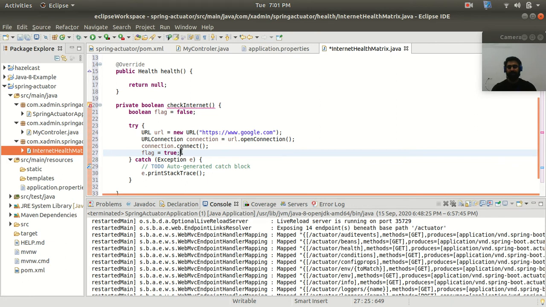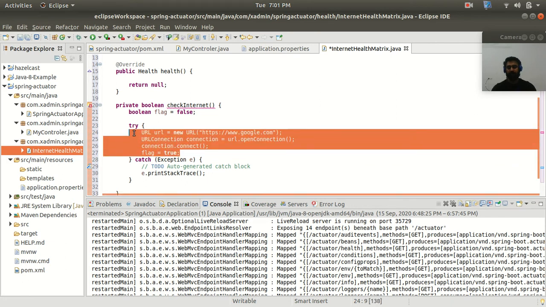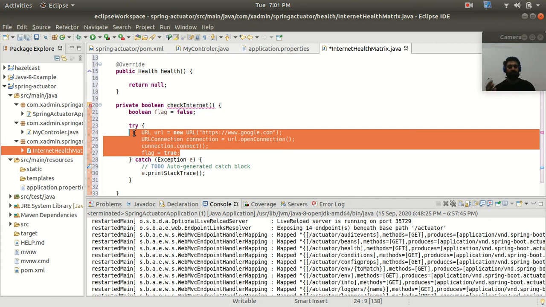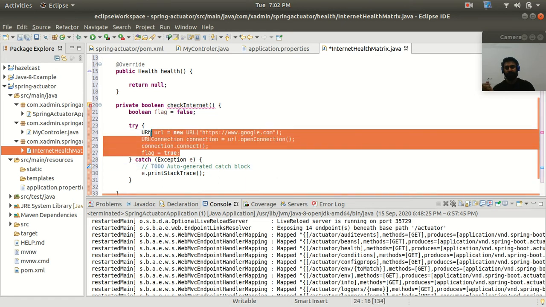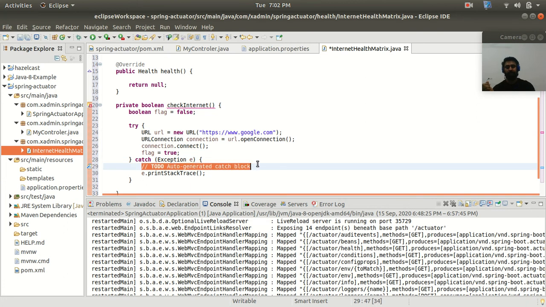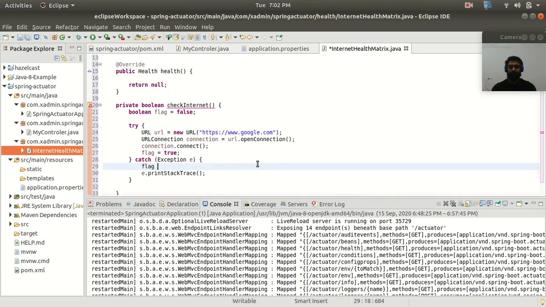And if anything goes wrong, like if the internet connection is not connected, or Wi-Fi is off, then it will go to my catch block, because I will get the exception in the try block. So it will go right to the catch block to handle the exception, and inside the catch block I will make the flag false. It means our internet connection is not working.